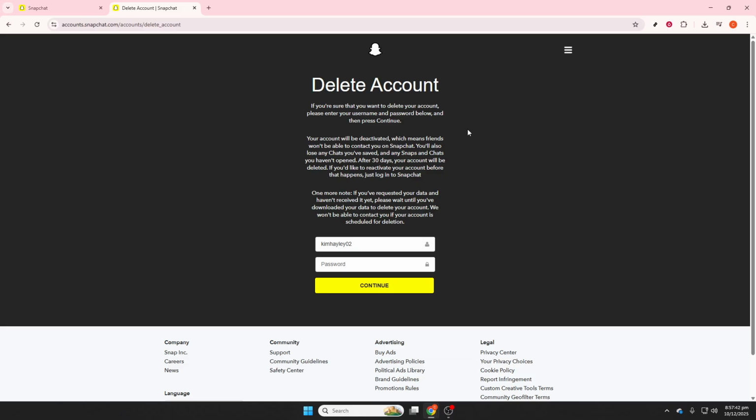A couple of quick tips as you finish up: use a secure connection and a private device whenever possible, and if you're on a shared computer, remember to sign out once you're done. While your account is paused, people won't see you on Snapchat, which is exactly what you want when taking a break. During the deactivation period, you won't receive notifications, and anyone who tries to message you will see that you're